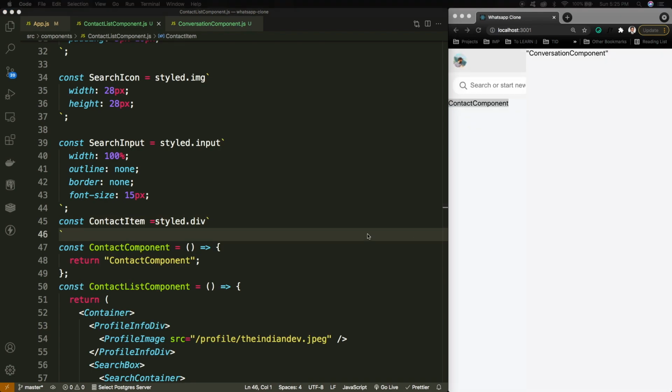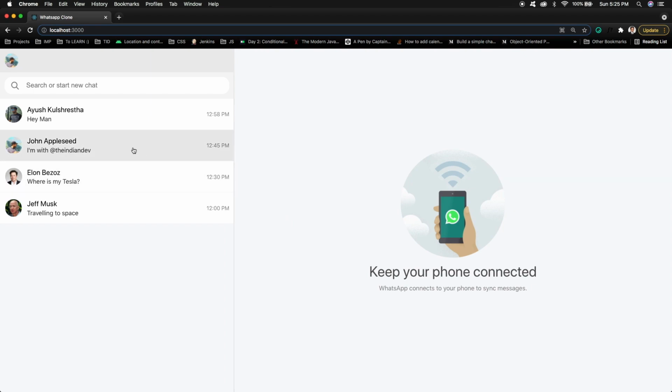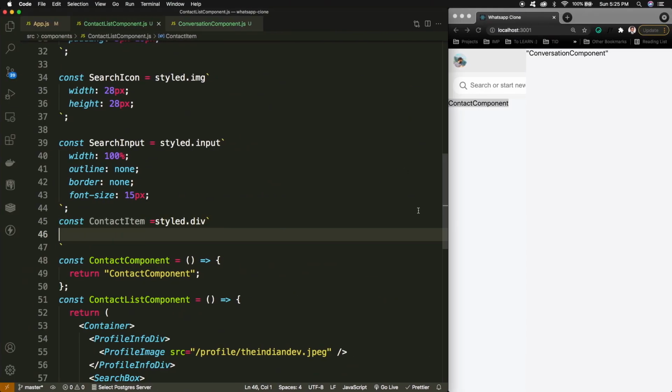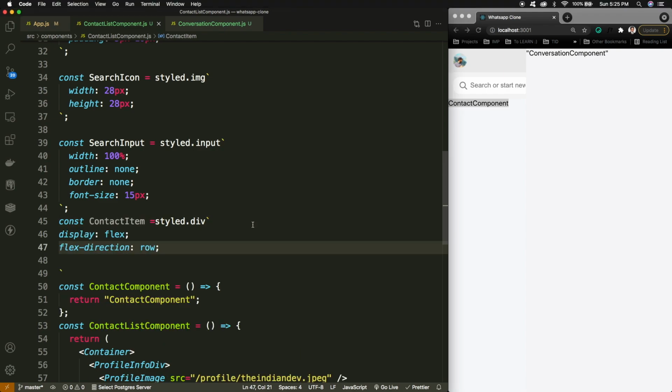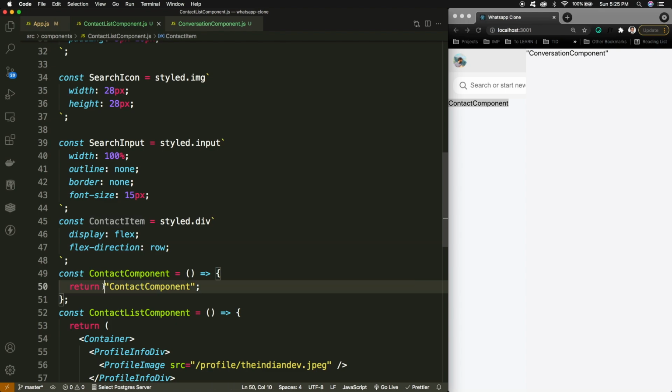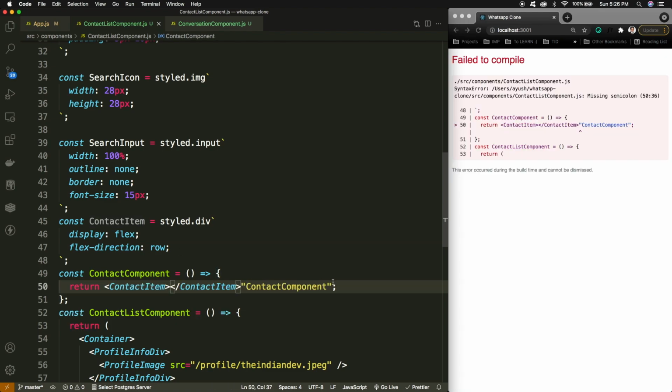For styling this part, we can go to this, and here you can see that this is display flex with direction row, as we want the profile, the text, and the timing laid out. Display flex and flex direction row is pretty common, so I can keep it inside this part.